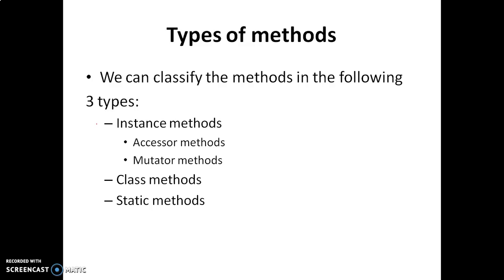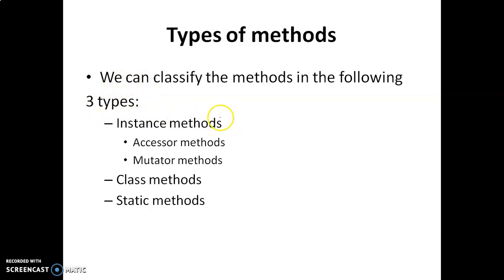We have 2 types of variables we can create in a Python class, that are instance variables and class variables. Instance variables differ from instance to instance of the class, and class variables are constant and are shared by all the objects of the class. Those class variables can also be called static variables in Python, that is, whatever variable we can access using the class name is also called a static variable.